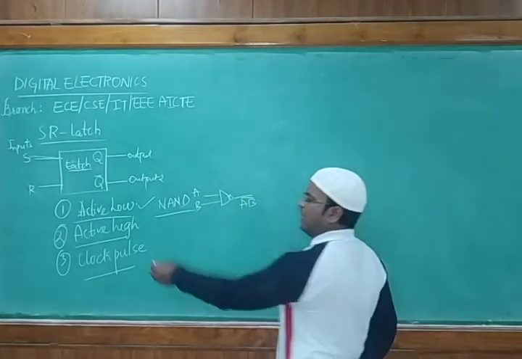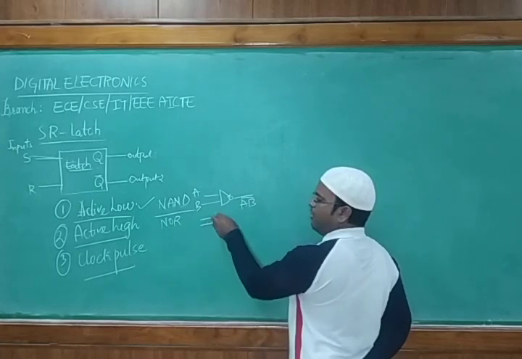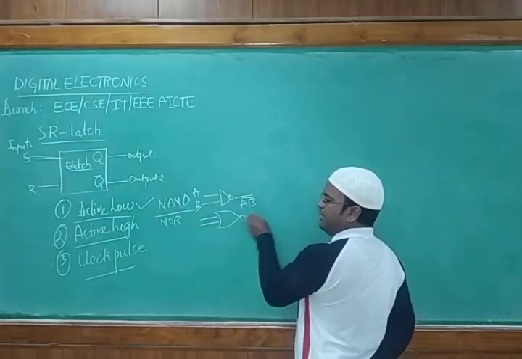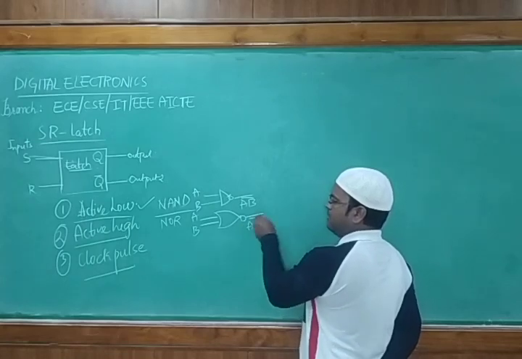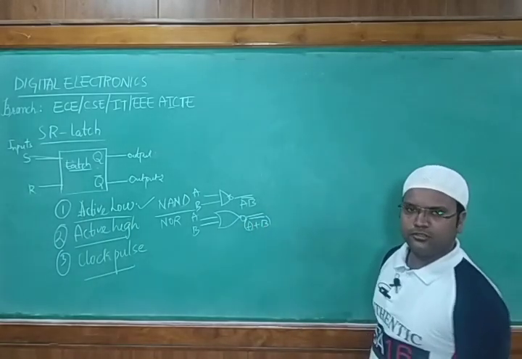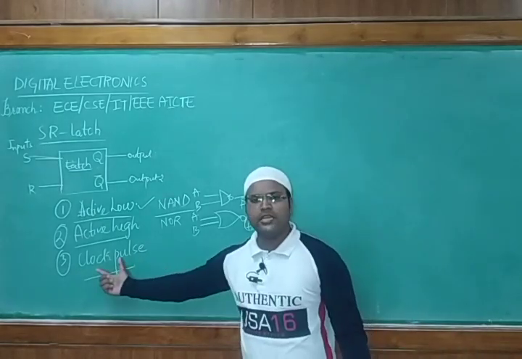Similarly, the second thing we have is the active high, by using the NOR gate. We know that the NOR gate is also one of the types of universal gate. We take A and B and write the output as (A plus B) bar, right? This thing we also have seen in the previous class. Next thing, students, we are going to take the clock pulse approach.